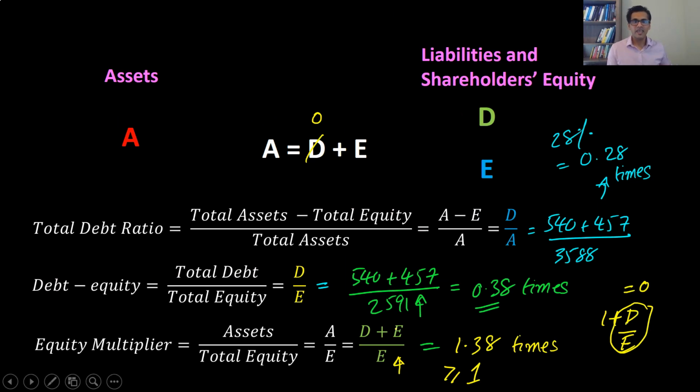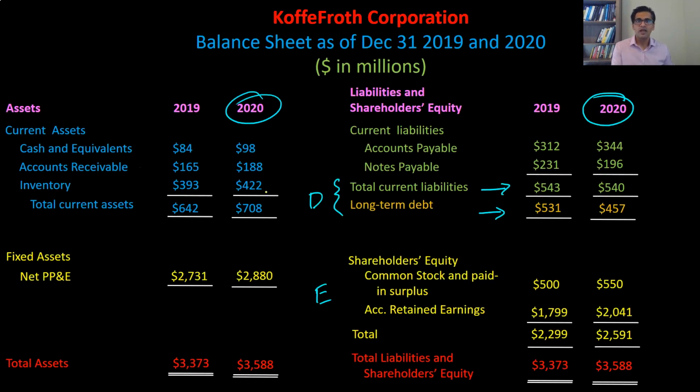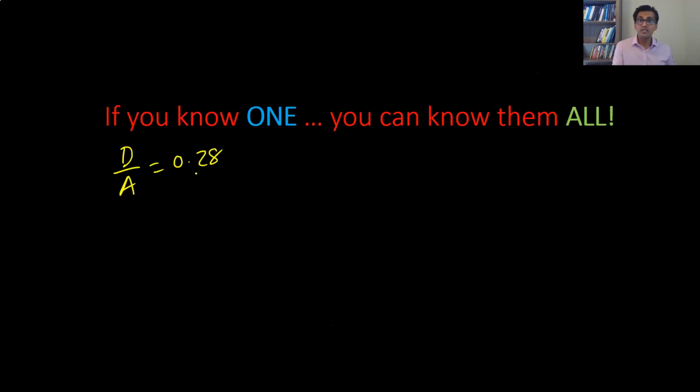Let's suppose that I calculated the total debt ratio for a company as 0.28, right? So you know that the debt ratio is 0.28 times. I gave you none of these data, let's suppose. All I told you was that there's a company with a total debt ratio of 0.28 times, okay? You can just use this piece of information and calculate the debt to equity ratio and the equity multiplier. How's that? All that you need to recognize is that this, along with the balance sheet identity, can give you